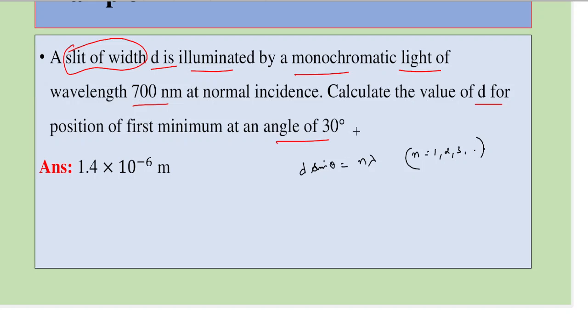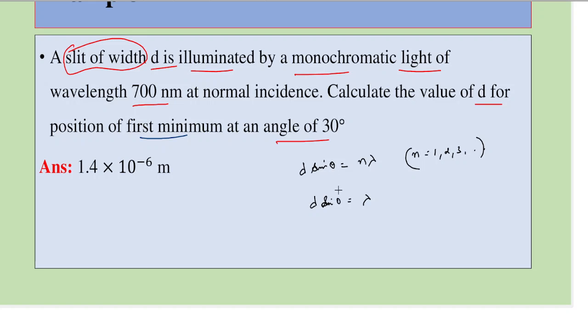The question says calculate the value of d for the position of first minimum, which means here n becomes 1. So d sine theta is equal to lambda, and also here the angle theta is given